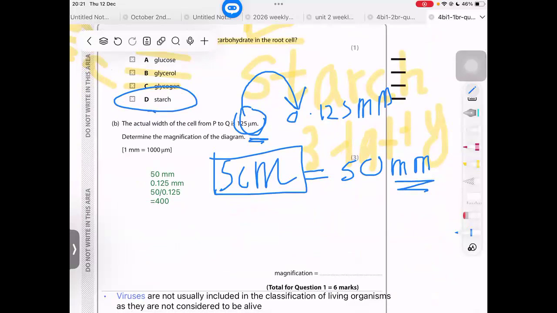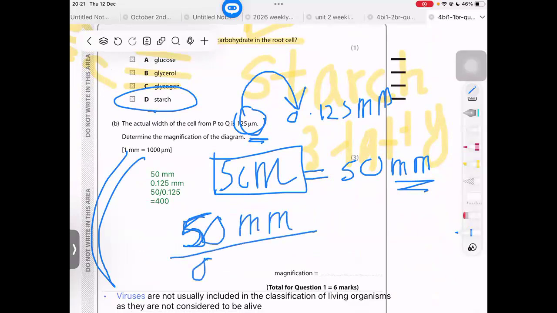If we go to our surroundings, we can't notice any root cells. We just notice the roots like this, right? So the magnified cell is given. So how do you find the magnification? You need to divide the magnified length, which is 50 millimeters, by the actual length, right? Actual length is